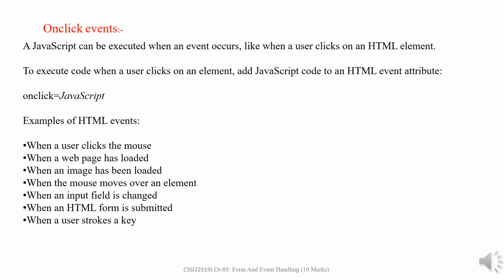As we have seen the submit button and the reset button, in the submit button there is an onsubmit event like this, and in the reset button there is an onclick event. So we are using this onclick event, and that's why we are going to learn about the onclick event. This is the onclick event. In JavaScript, it can be executed when an event occurs, like when a user clicks on an HTML element. To execute code when a user clicks on an element, add JavaScript code to an element's event attribute. Syntax for this is onclick is equal to